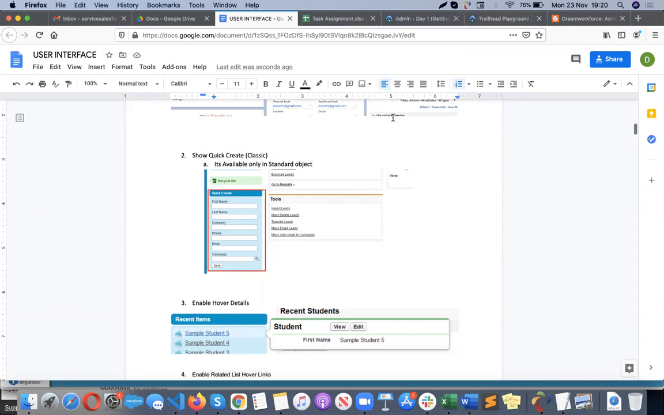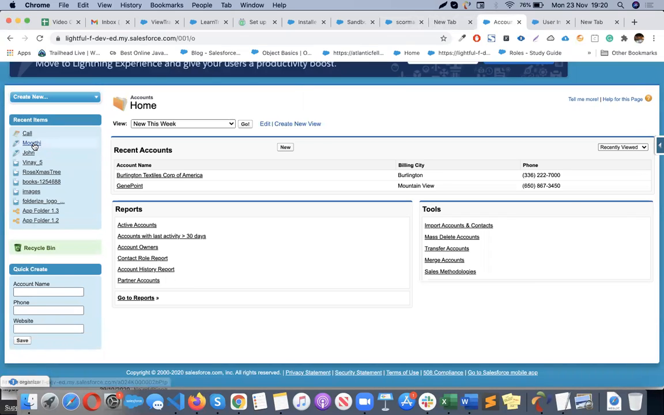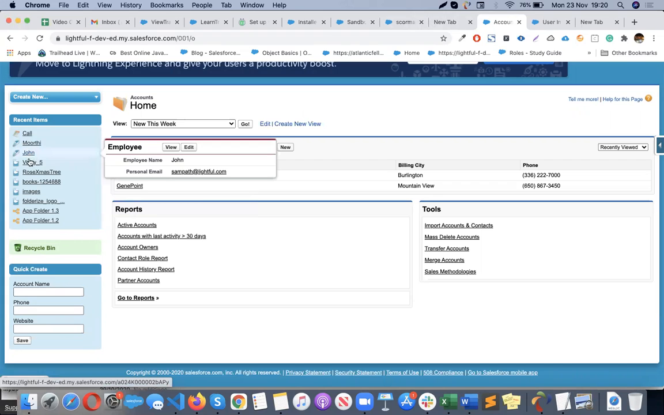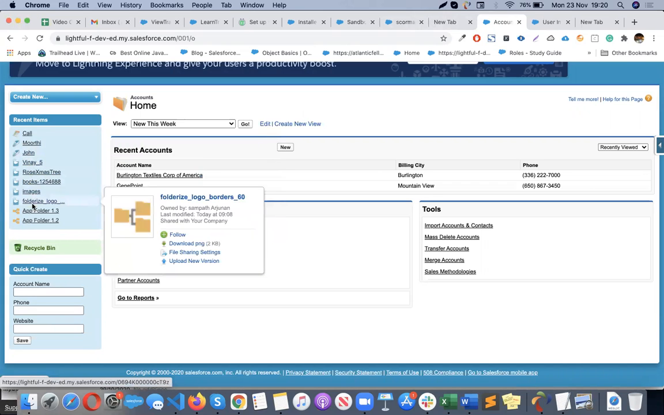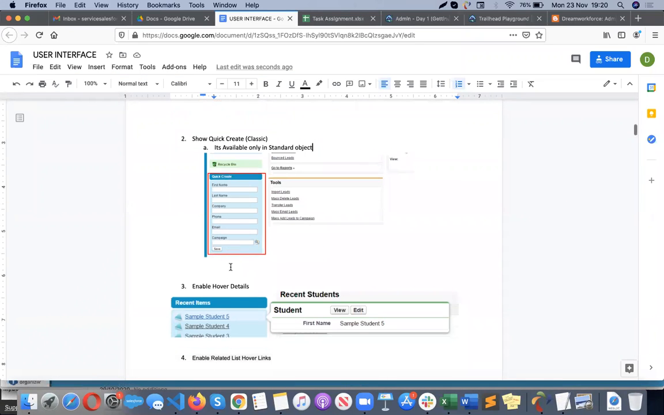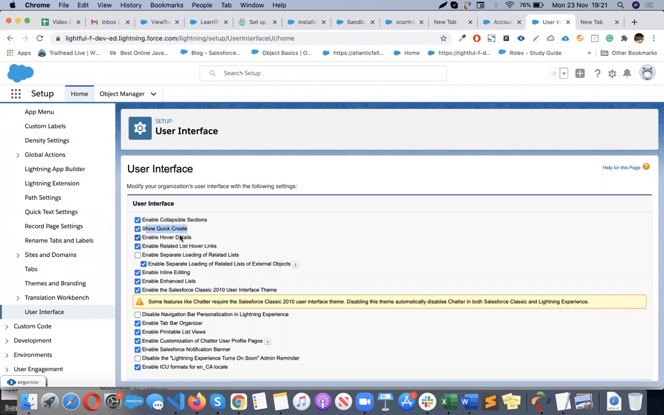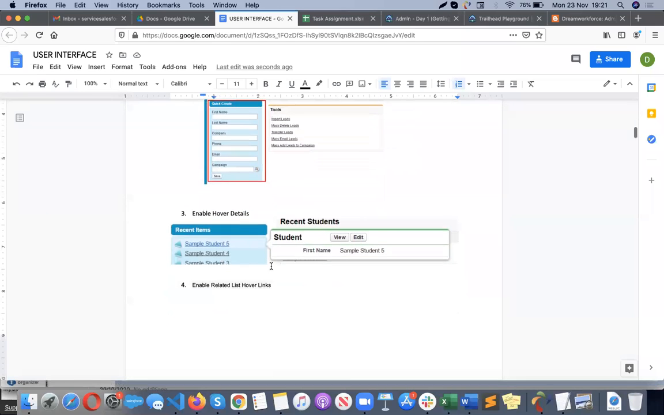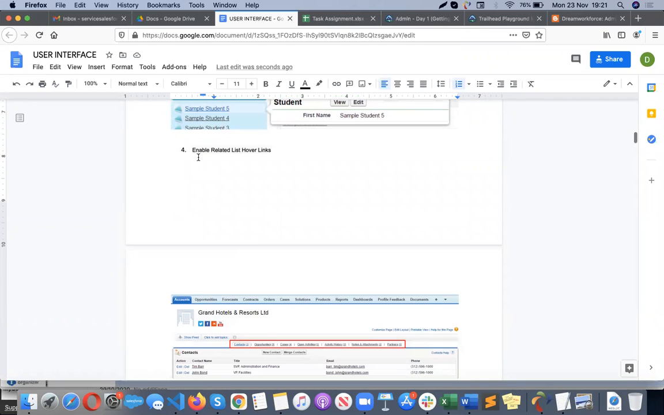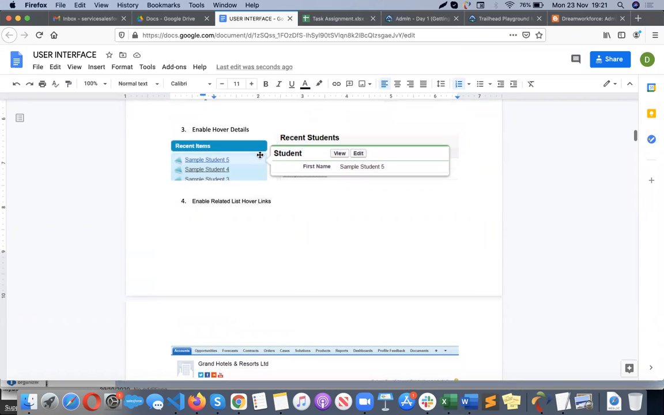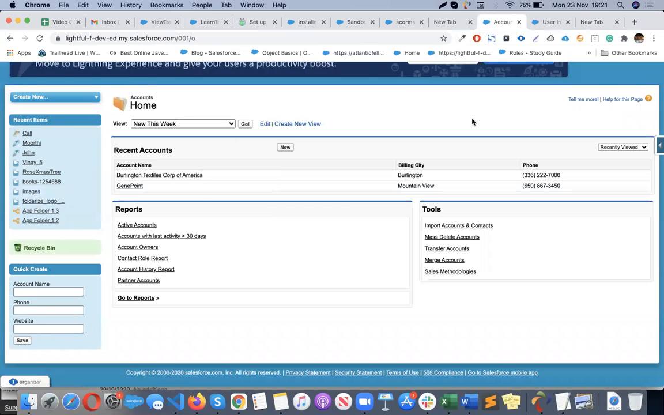Enable hover details. Again, this is on classic. If I mouse over, you will see the details. If you uncheck the enable hover checkbox, you won't see that information. Is enable hover details also only in classic? Yes. In lightning it will be there, but again, if I go here,